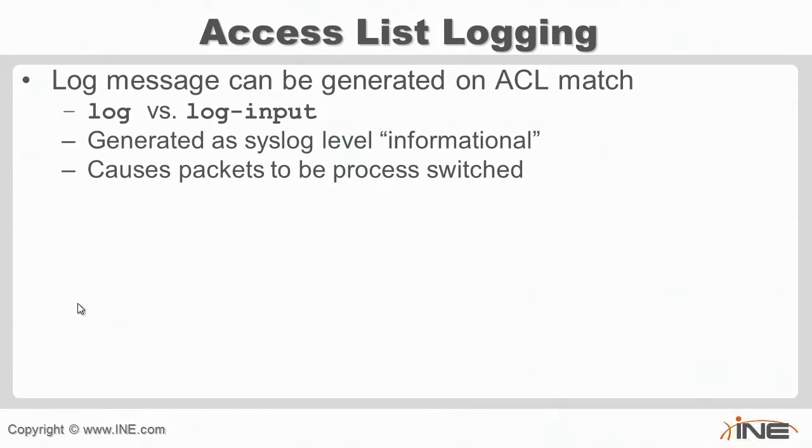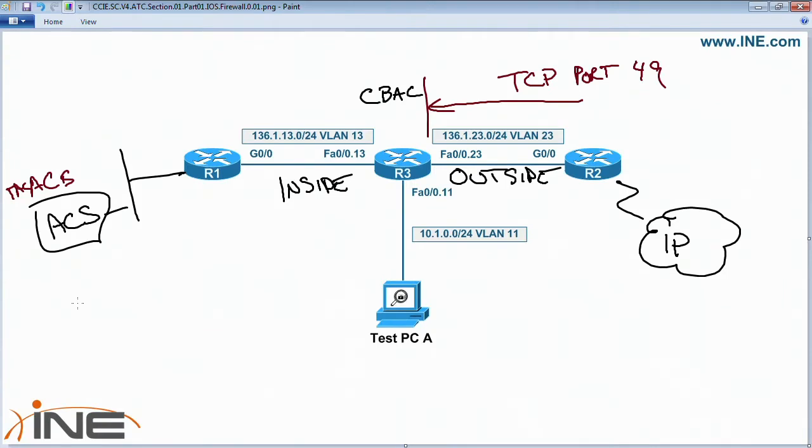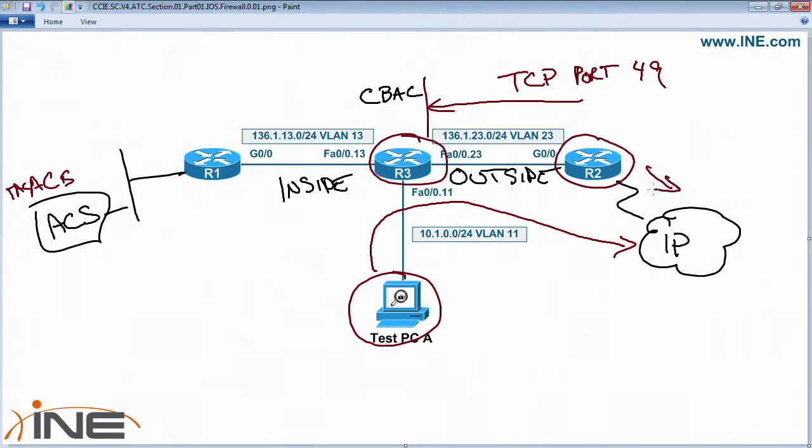So let's say, for example, that we're trying to track down some problem where we have an IPsec VPN that is supposed to go from the test PC to some other device in the IP cloud behind router 2. And we want to figure out, is the problem on router 3 or router 2 or beyond? We could go to router 3, put an inbound ACL on this interface that permits the particular traffic flow, that says, for example, permit ESP any any log, which would then cause this to be process switched, and then we could debug IP packet detail and look